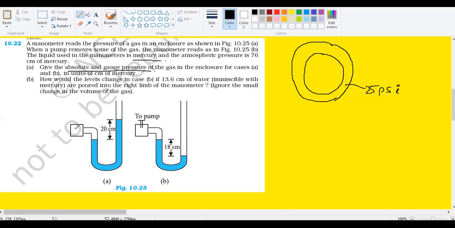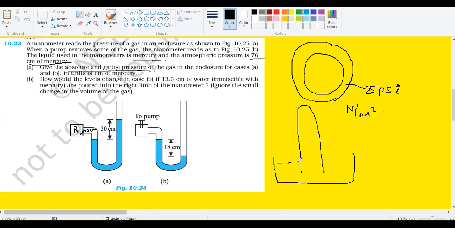You see, there is some pressure here, and because of this pressure only, this mercury is rising up, right? So they're asking you the question, they said 76 centimeter of mercury, which means, I told you, you can measure the pressure in Newton per meter square, which is your SI unit. But using Torricelli's barometer, we said that every time he did this experiment, the mercury will stop at a level which is 76 centimeter. Remember that theory. So 76 centimeter of mercury, that's what they're giving here. So we should try to connect this and that.